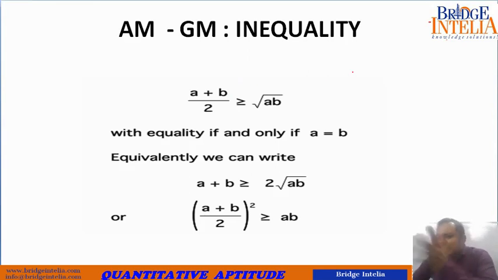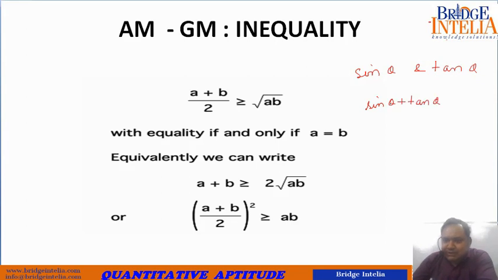It means you take any two trigonometric identities, let's say sine theta and tan theta. So what can we conclude by applying this theorem? We can conclude that if we take the arithmetic mean of these two terms, that means sine theta plus tan theta, adding these two and dividing by 2, this will always be greater than or equal to their geometric mean, root of sine theta into tan theta. So these are the type of applications that you'll have to make based on this theorem that arithmetic mean is greater than or equal to geometric mean.